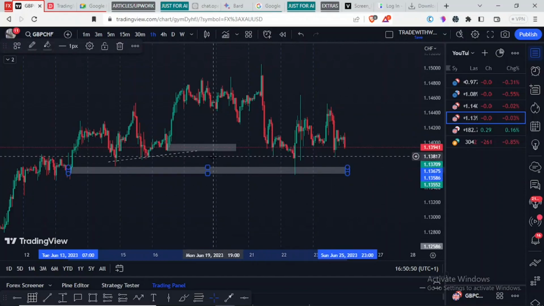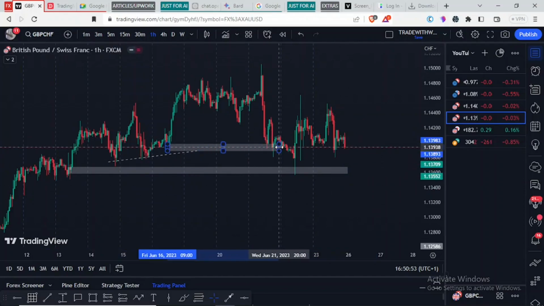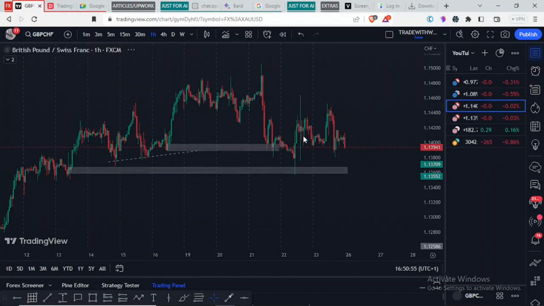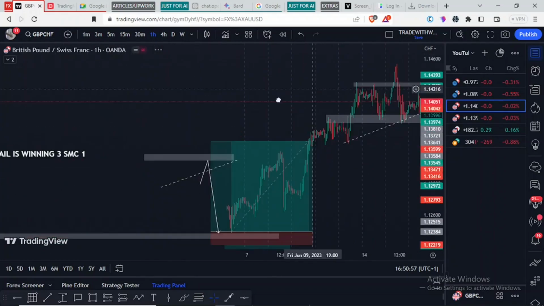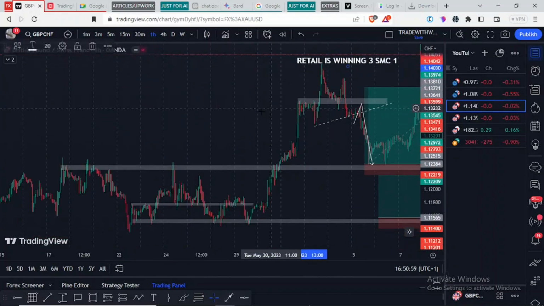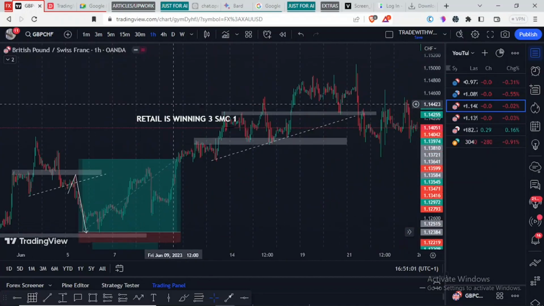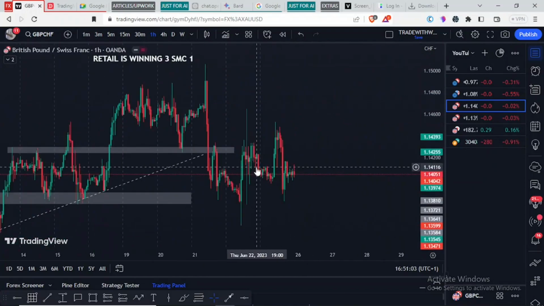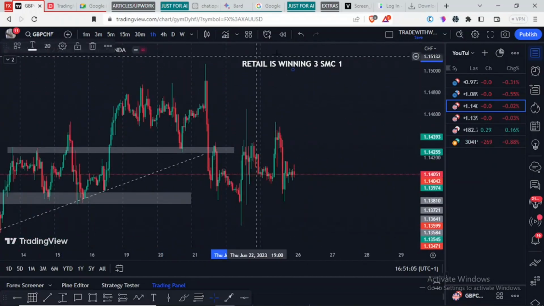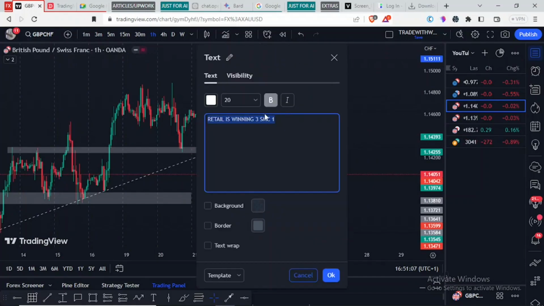But I didn't make a video on this, so I'll be making a video now. So let me update the scores. Let me bring it up here a little bit. Yes, so retail is still leading actually, but now SMC is improving. SMC is trying to